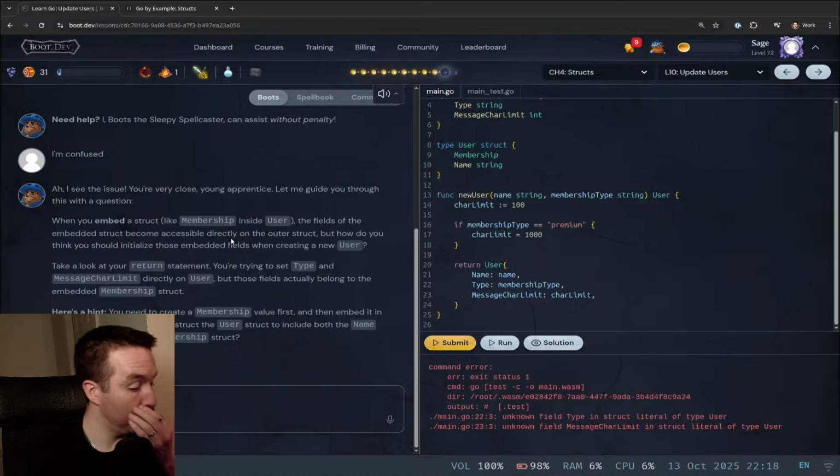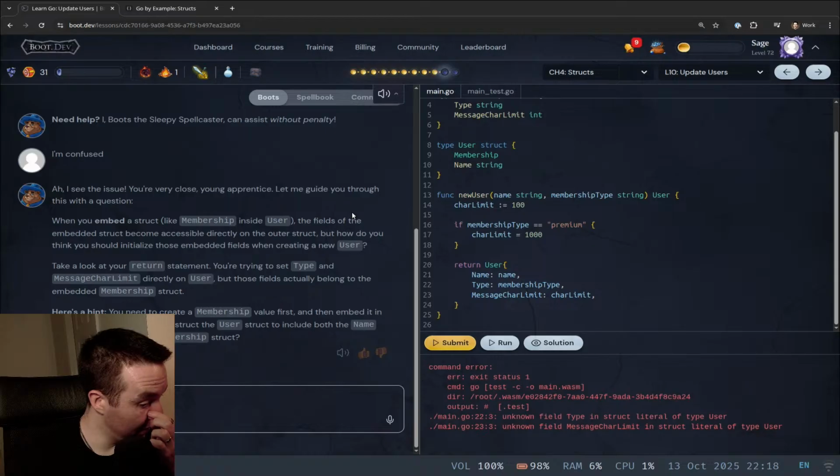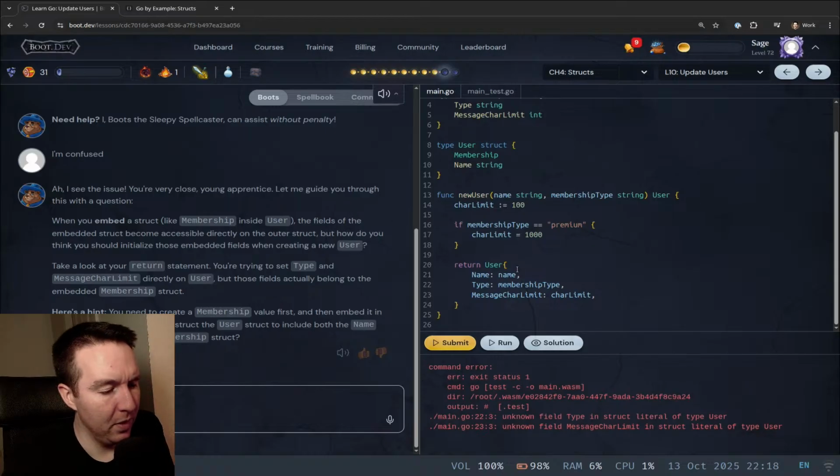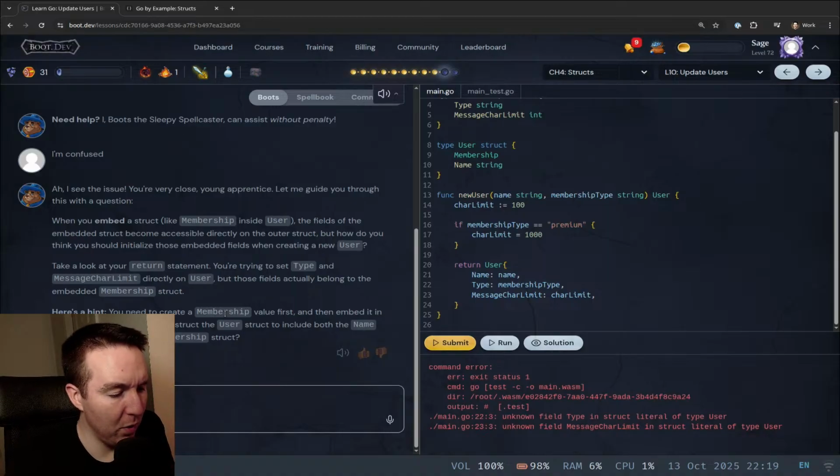When you embed a struct, remember, the fields of the embedded struct become accessible directly on the outer struct. But how do you think you should initialize those embedded fields when creating user? Take a look at return statement. You're trying to set type and message character limit directly on user, but those fields actually belong to the embedded membership struct. Here's a hint. You need to create a membership value first and then embed it in the user. How might you construct the user struct to include both name and